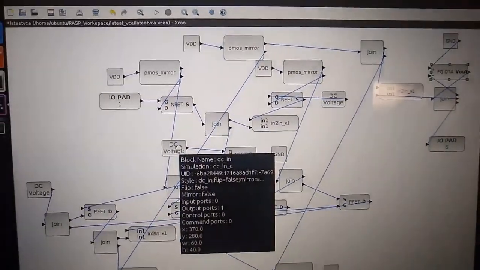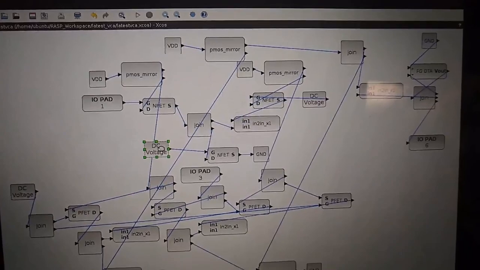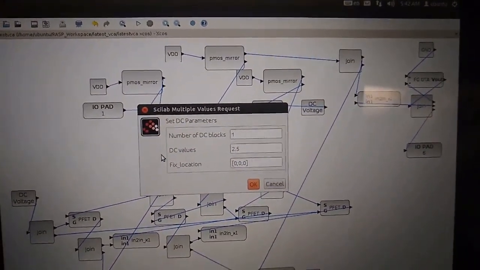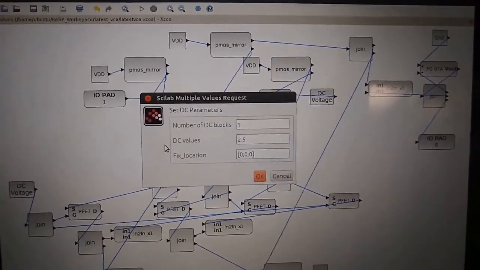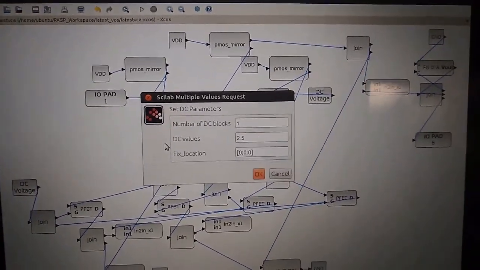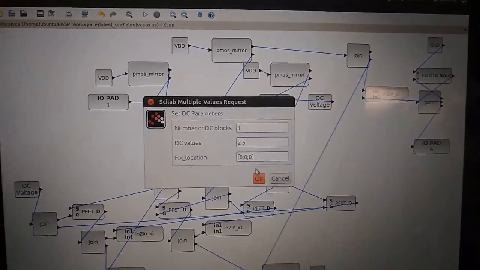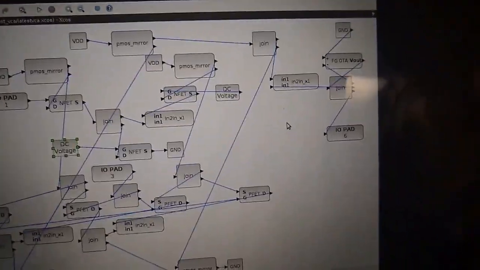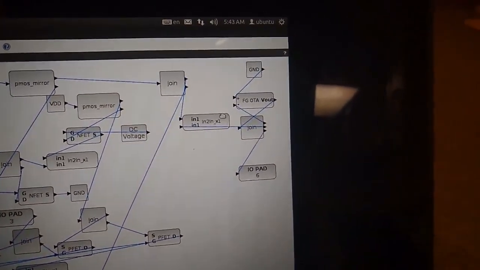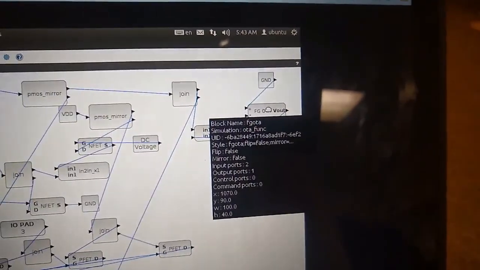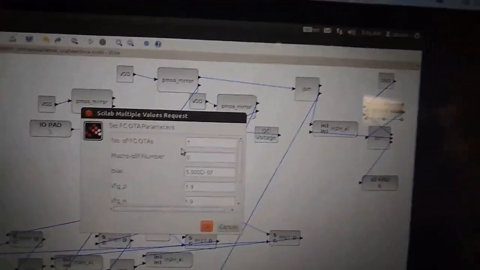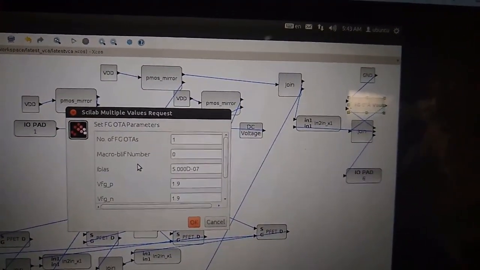This DC voltage, however, is really crucial. It controls the I bias value, which is a scaling factor to the output. So I'd recommend you just leave it on at 2.5 volts, but you can actually decrease it to decrease that current. And the other bias that you should consider changing to get different outputs is the bias current to the